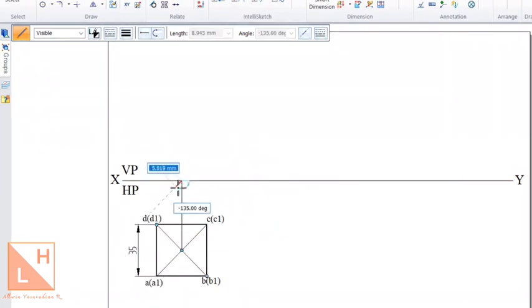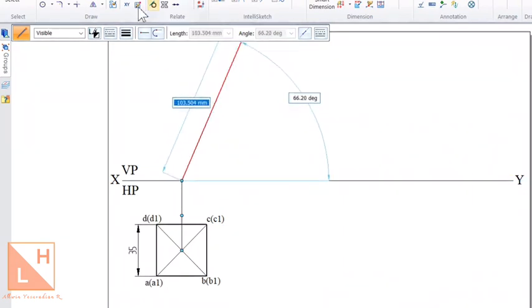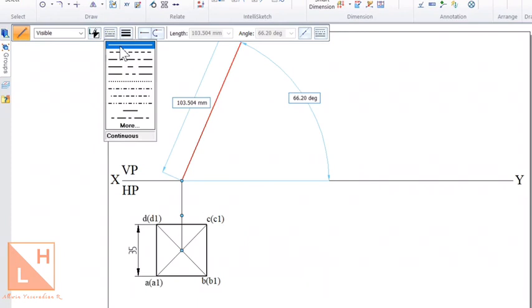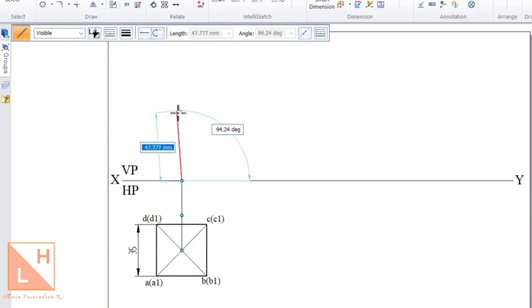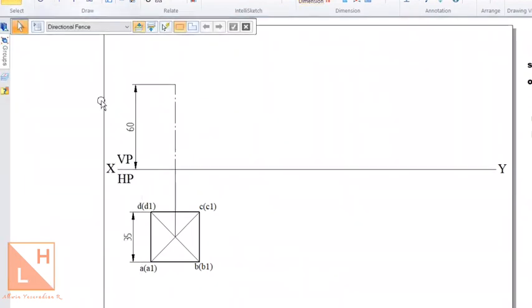From here till the XY line you draw one line, and from this particular point we can draw the length of the axis, which is given as 60 millimeters in this particular problem. So for the axis line, do not select the first line type, select the third line type, which will have a longer line, shorter line, longer and a shorter. So use this type of line to differentiate the axis with respect to other lines. Now this will give us the length of the axis, which is 60 millimeters.